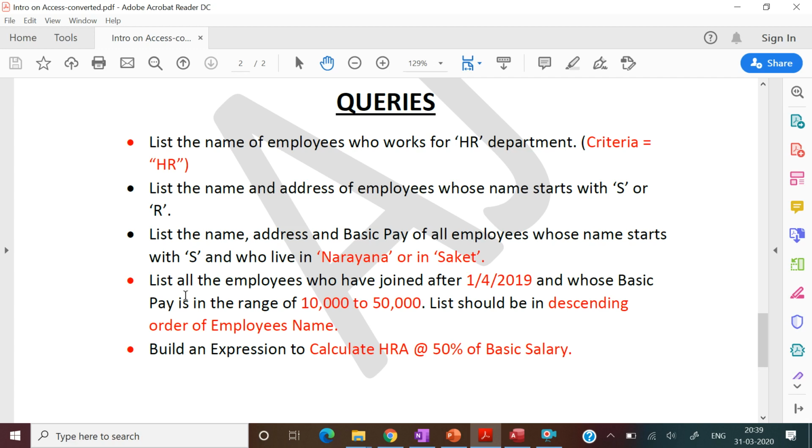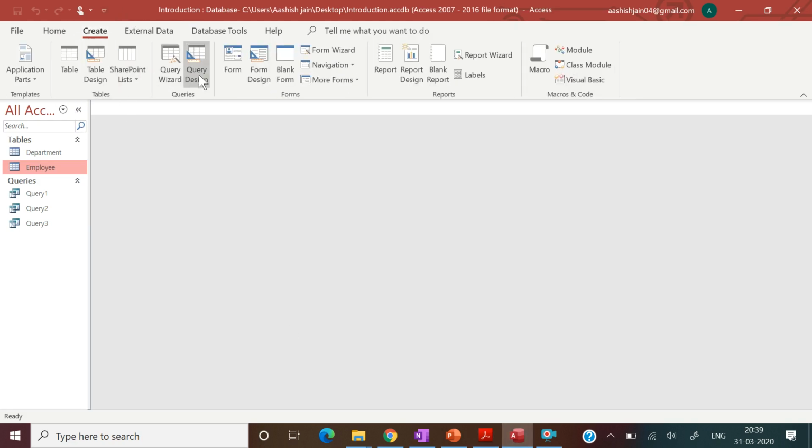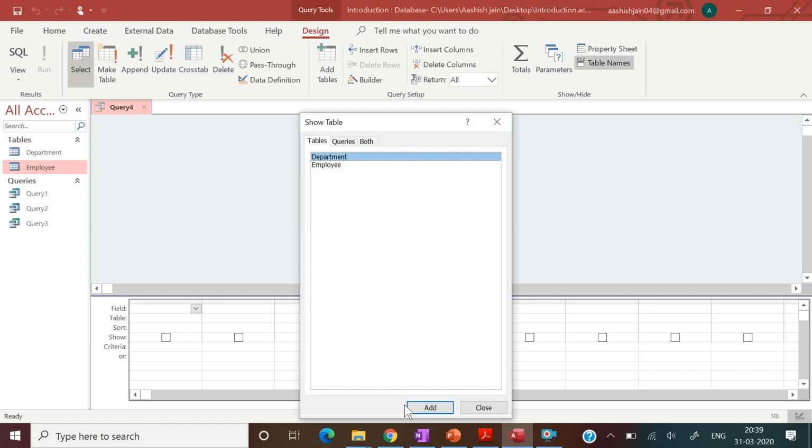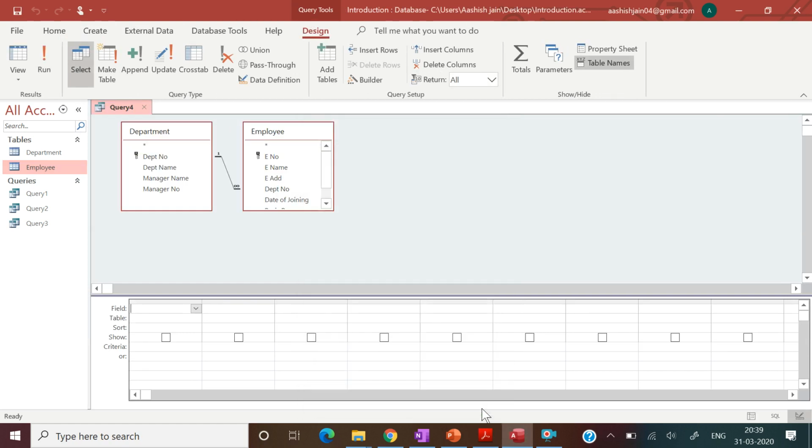Again, this is a very important criteria query. So we need both the tables. Query design, add both the tables. First one is again employee name from the employee table.